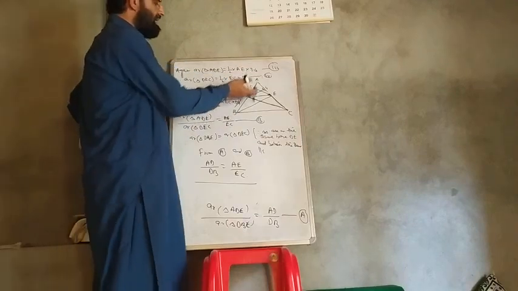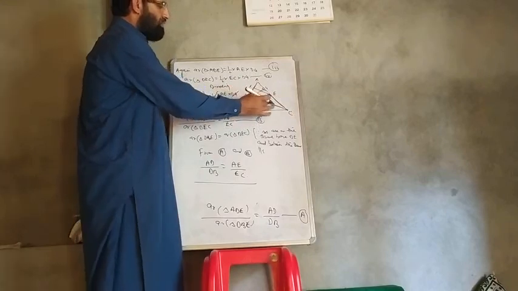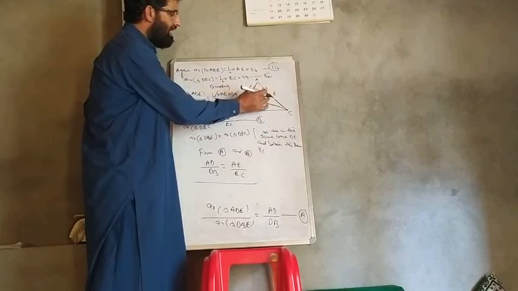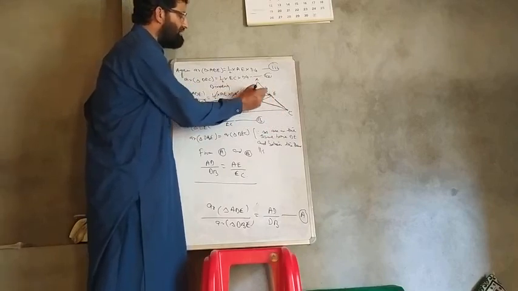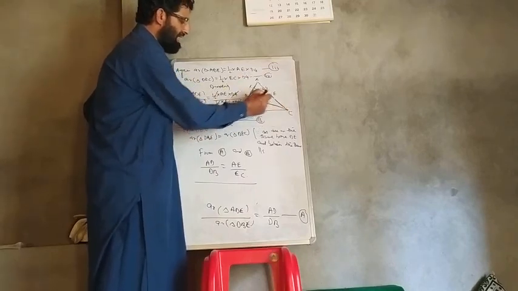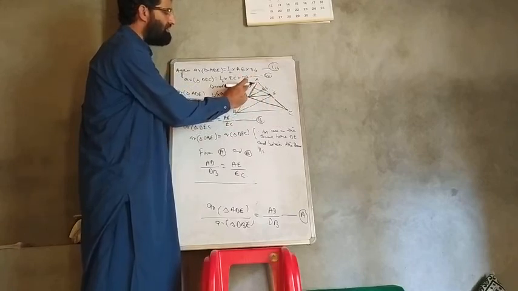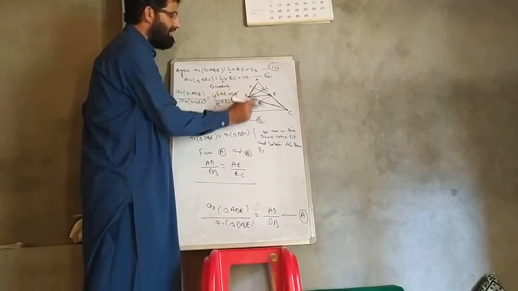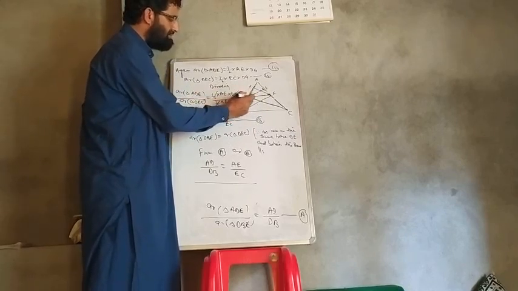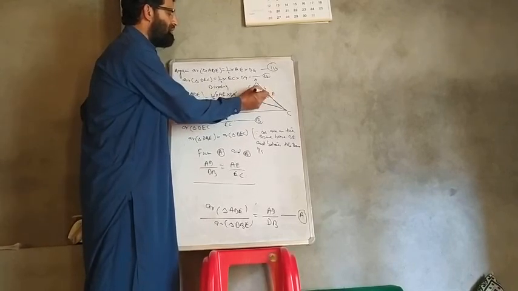So this is very simple. You will take a triangle ABC and you will draw a line segment DE parallel to BC. So we have to prove that AD divided by DB is equal to AE divided by EC. Now from D and E, we draw DG perpendicular to AC and EF perpendicular to AB. Also we join DC and BE. Now area of triangle ADE is equal to 1 by 2 base into height. Base is AD and height is EF. And area of triangle DBE is again 1 by 2 into base. Base is here DB, and in this obtuse angle triangle, the perpendicular is this EF.